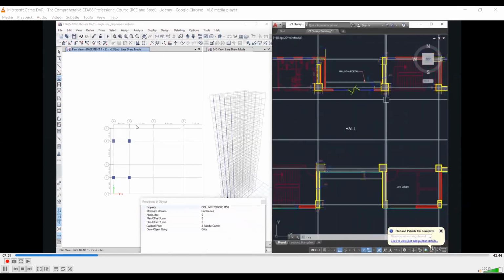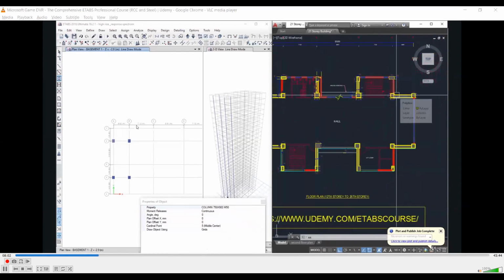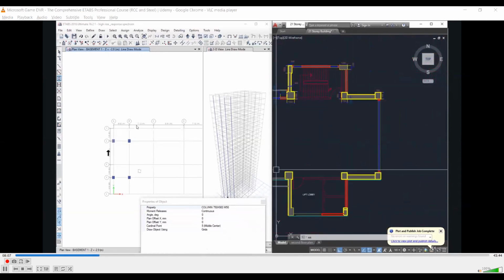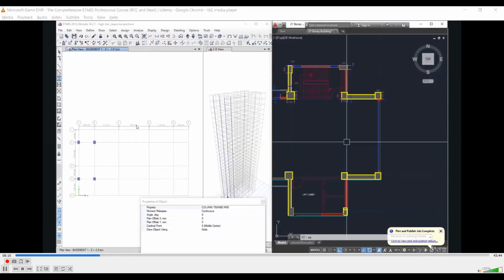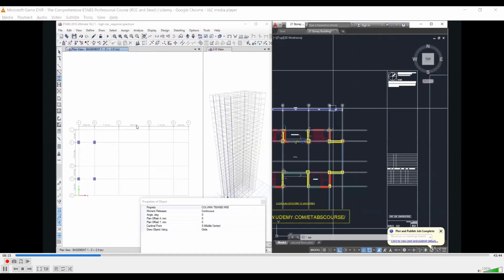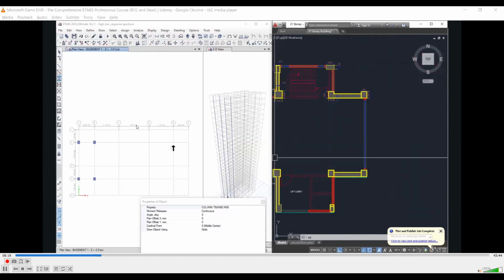After that, we need to draw 1 meter by 1 meter size columns on these 4 grids. And before that, we need to model these 750 by 900 4 columns, just like symmetrical from this point here to this point here. So these 4 grids are E2, F2 and E3, F3.